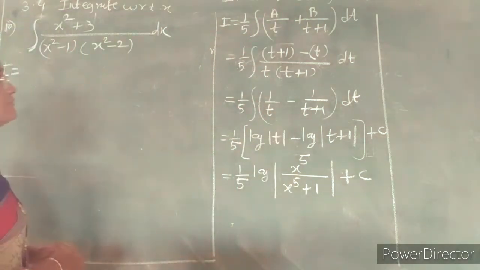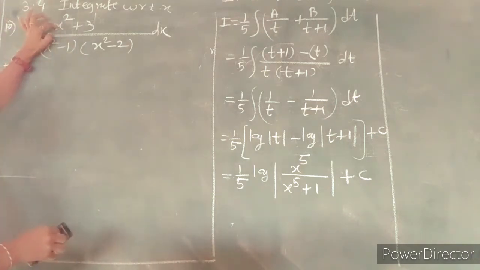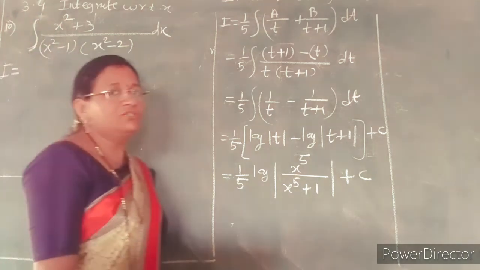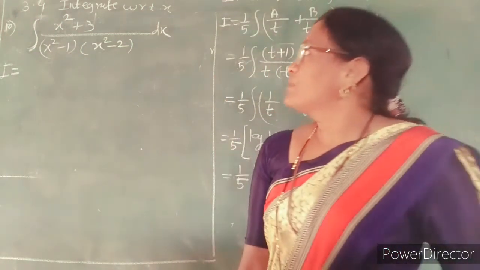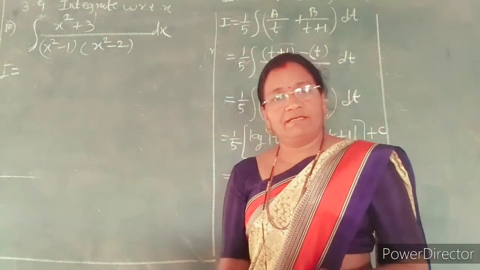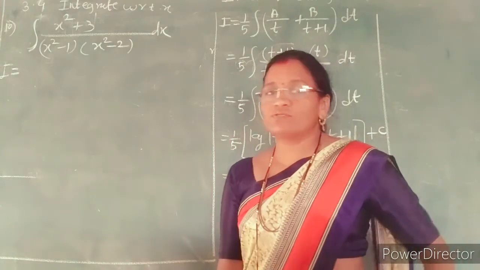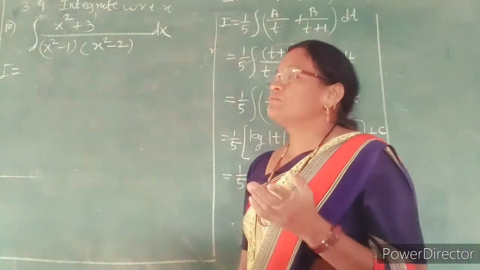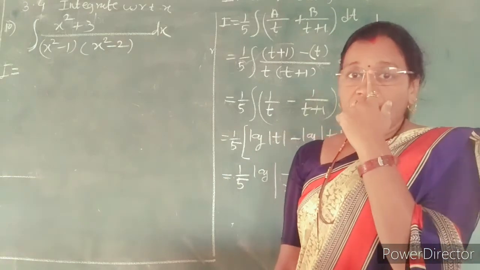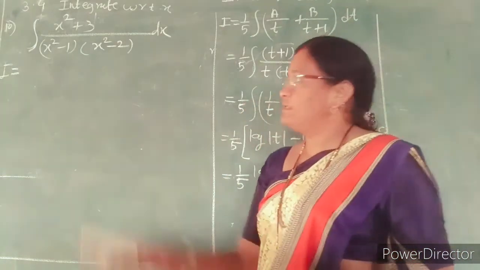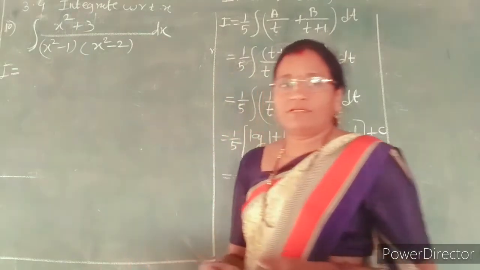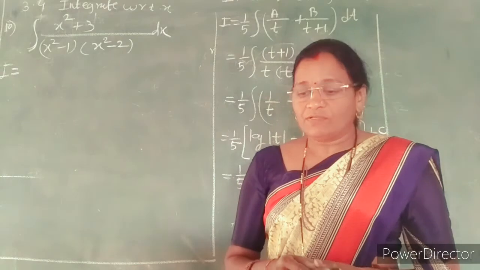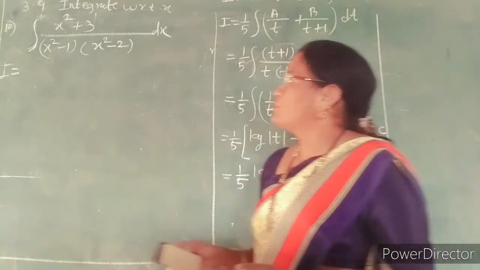Suppose for the next question 11, the numerator contains 2x and the denominator contains the same expression. At that time we cannot use x square equal to t directly because 2x is the derivative of x square, and therefore we take derivative substitution: the variable x square equal to t and its derivative 2x dx equal to dt. So there is a difference between this example and this one. In our textbook, example number 11 is of the type where x square is equal to t, so its derivative 2x dx equals dt.